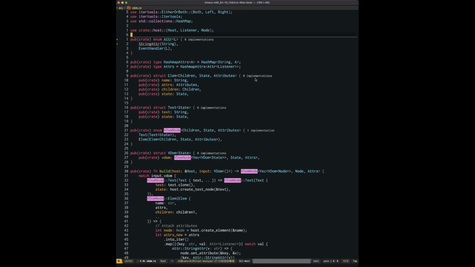So let me give some background on this library and what a virtual DOM library actually means. I am very interested in web user interfaces and user interfaces in general. The thing about user interfaces is that they are very stateful in nature. And usually, before virtual DOM libraries came about, a lot of the UI code that was written was very stateful